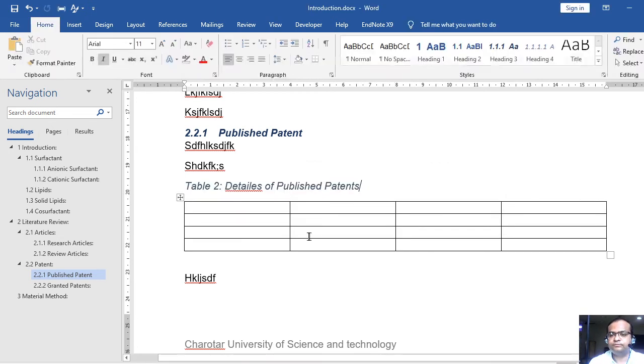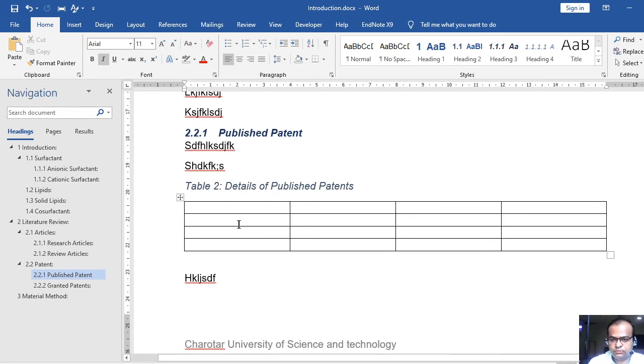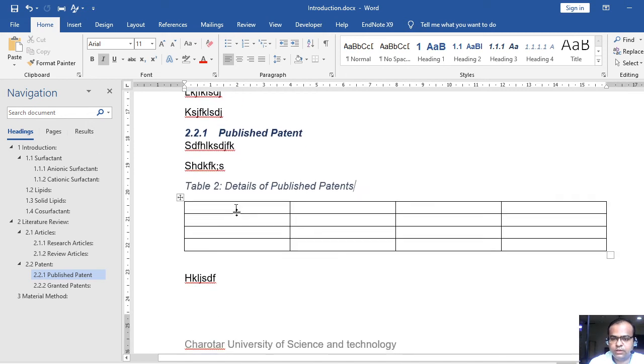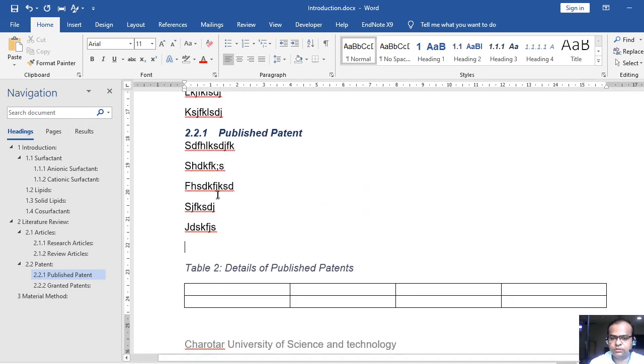Okay, right. Now suppose, what is the advantage? Suppose I am writing here and giving a context of table 2. So generally what people do, they write, as shown in table 2.